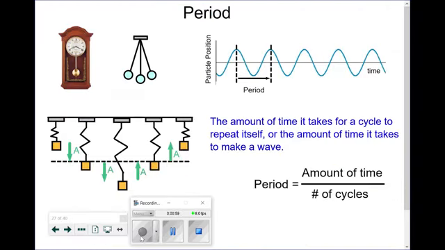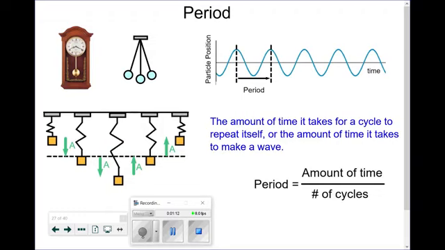Period is a concept that we've worked on throughout the year, and just to recap, it is how much time it takes, or it's the period of time for a cycle to repeat itself. If we're looking at a spring, for example, it is the amount of time that it takes for a spring to start at one amplitude position, travel all the way to the opposing amplitude position, and very importantly, return back